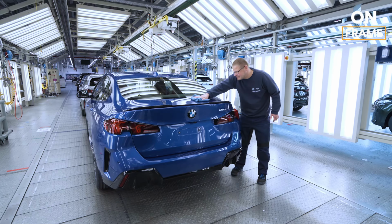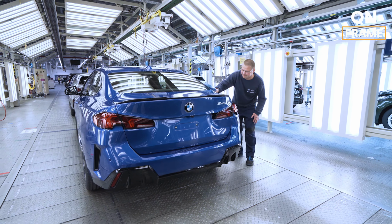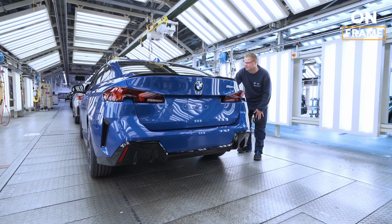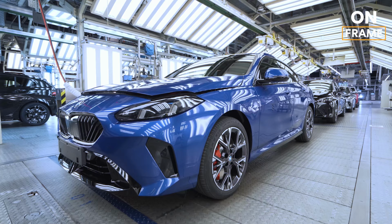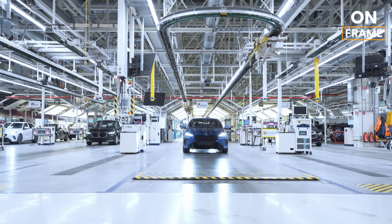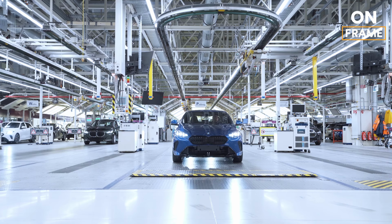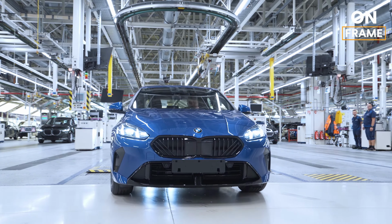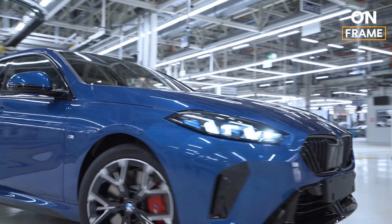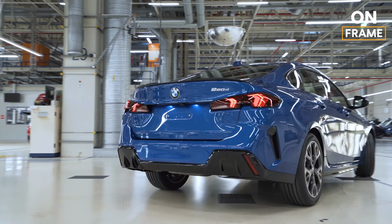Sustainability and innovation. The Leipzig plant isn't just about production, it's a model of sustainability. The use of renewable energy and innovative logistics reduces the plant's environmental footprint. Even during manufacturing, BMW stays true to its vision of a greener future. 100% green electricity used in production. Hydrogen-powered internal logistics. BMW proves that luxury and sustainability can go hand in hand, setting a new benchmark for the